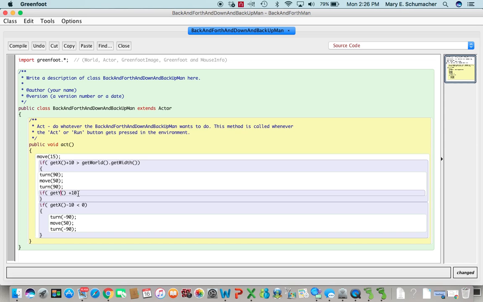If get y plus 10 is greater than the height of the world, so we need to do get world, which is a method, so we need open close parentheses, dot get height, which is also a method. So if the y value plus 10 more is greater than the height of the world,